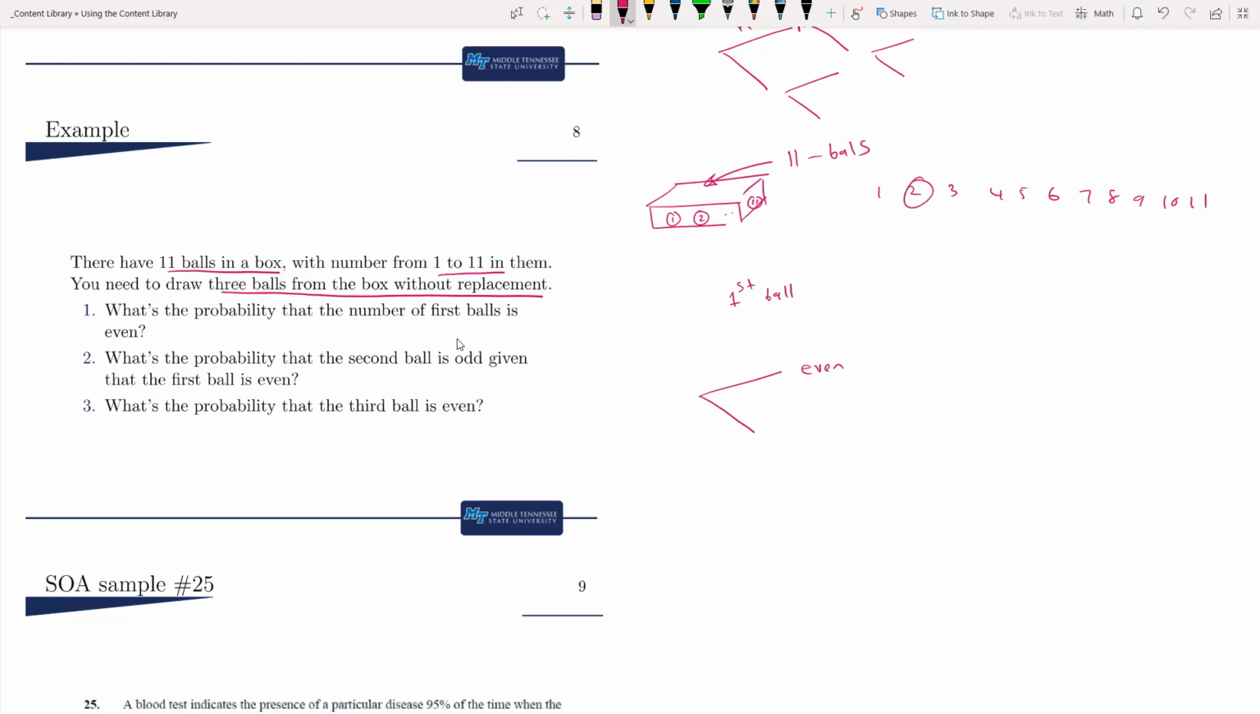So there are 1, 2, 3, 4, 5 even numbers. And then how many odd numbers? How many odd balls? There are 6. Okay. Then the second ball,